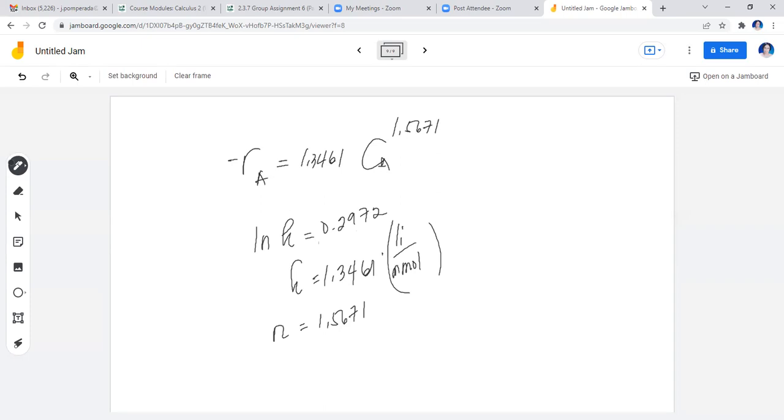Thank you for that. Liter per millimole raised to, what's the exponent of the liter per millimole? The order of the reaction is 1.5671. So what should be the set of units? Correct, Jericho. That would be 0.5671. And you will have here per hour